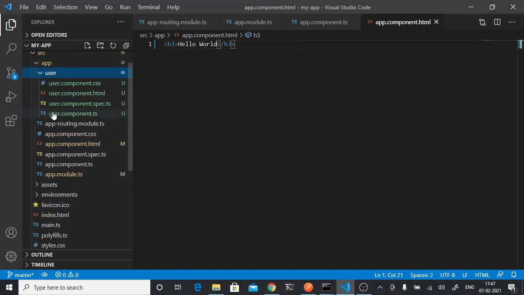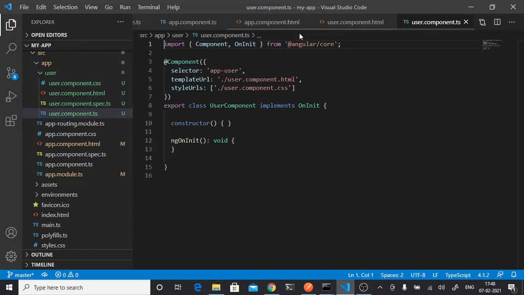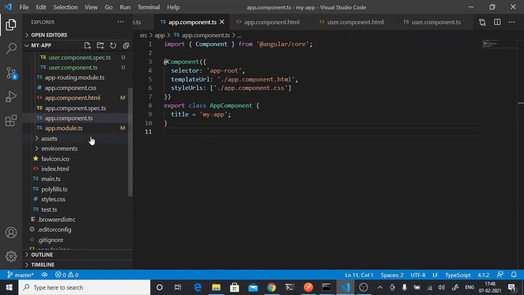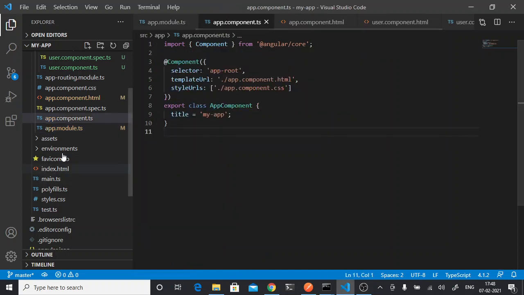See, we have got our component files in app. Here also two important files, HTML and TS, and we have to give routing for it. As I said, it will get auto-updated here. See, we got UserComponent and it got imported also in this file, if you can see. But routing we will have to do for it.